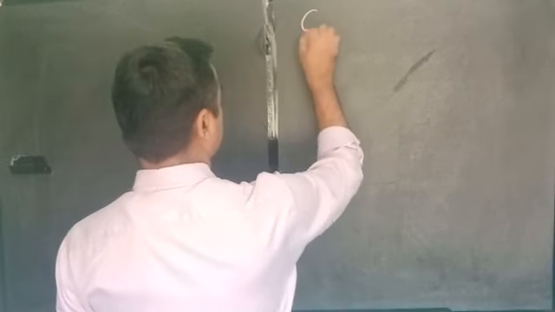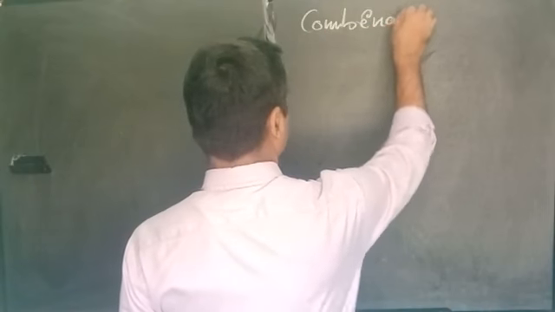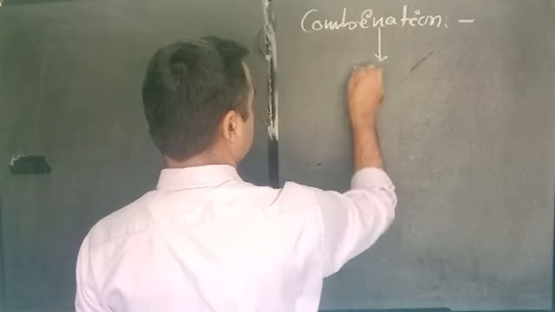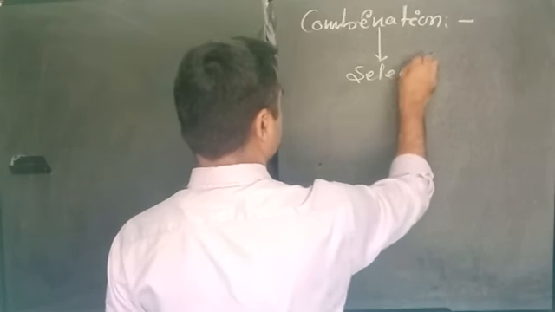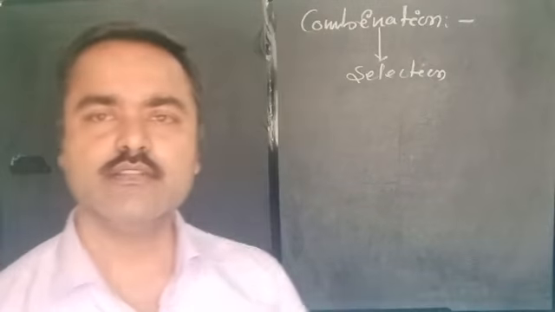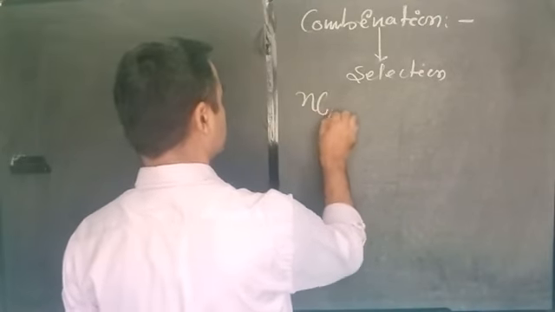Combination means a selection of certain objects out of a particular set of objects, or all of the objects. For example, see what a combination is. Combination simply stands for selection, and it is given by nCr.